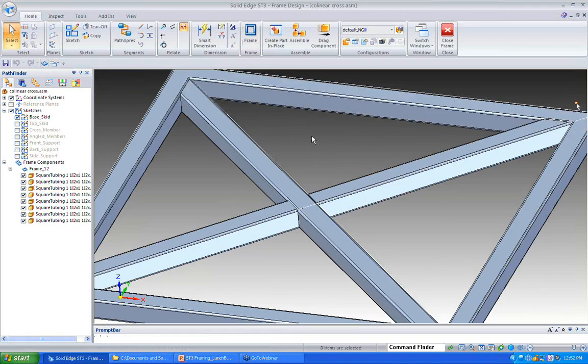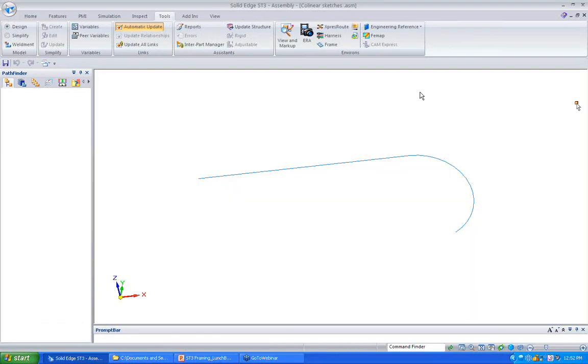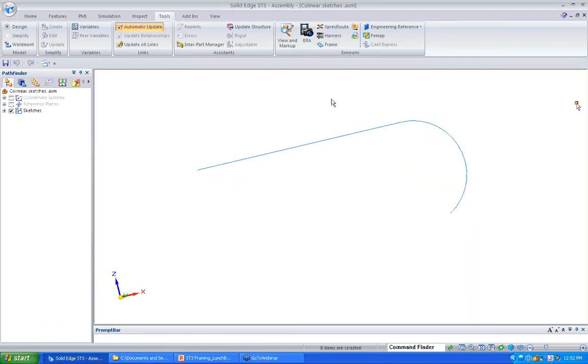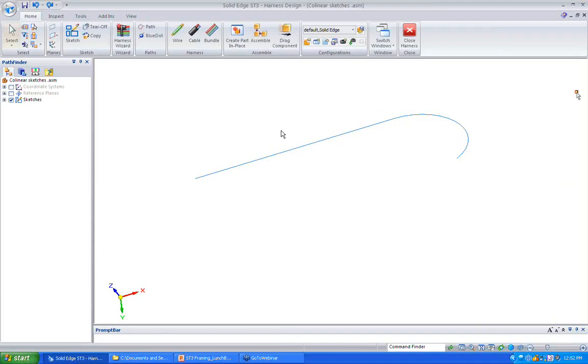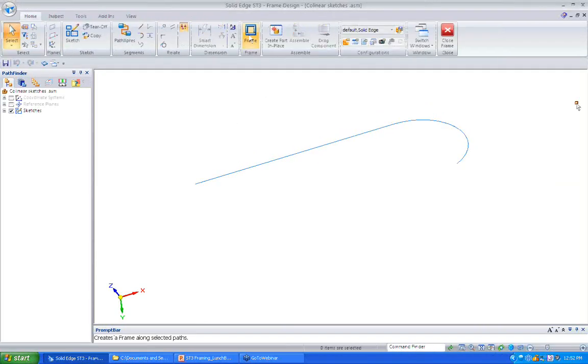So these were some of the enhancements done in ST3. Now what I'm going to do is select another sketch. So last time we saw collinear. Now here we'll cover the tangent elements. So what I'm going to do is select this frame, and now again I'm going to use a